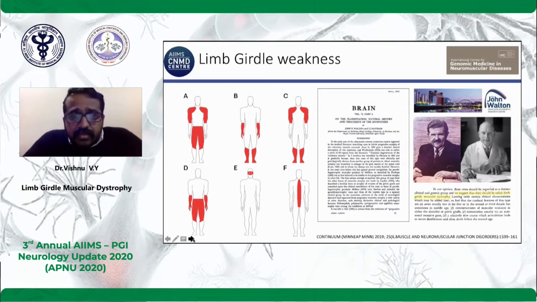They first described limb girdle muscular dystrophy in this 68-page paper in Brain. In it, they said that these should be called limb girdle muscular dystrophy, a group of diseases distinct from Duchenne and Becker muscular dystrophy. They pointed out 4 cardinal features. Onset usually late in the first, second, or third decade, but sometimes in middle age. Commencement of muscular weakness in either the shoulder or pelvic girdle. Transmission usually via an autosomal recessive gene. A relatively slow course which nevertheless leads to severe disablement before death or the normal age.